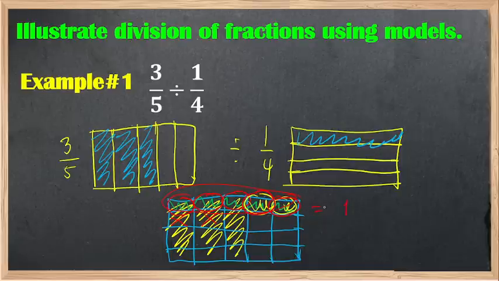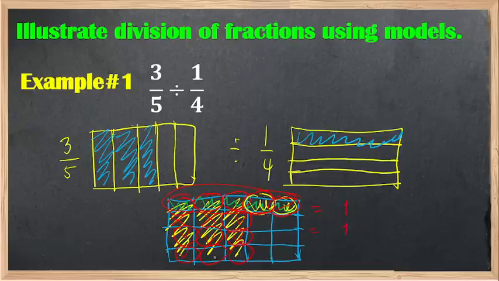So how many shaded parts can be placed to get one whole part? We have 1, 2, 3, 4, 5. So this should be one whole. So therefore one whole is equivalent to 5 shaded regions. Now, as you can see, we have remaining 1, 2, 3, 4, 5, 6, 7. 7 remaining shaded parts. So, if I get 1, 2, 3, 4, 5, we have another one whole part.